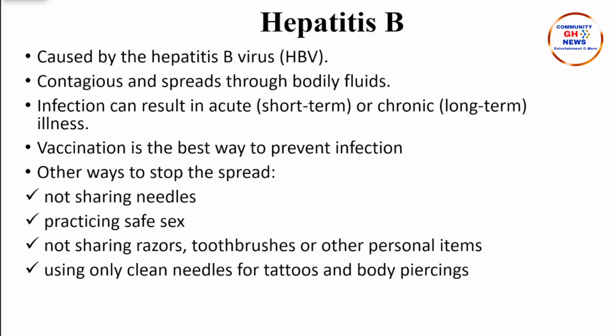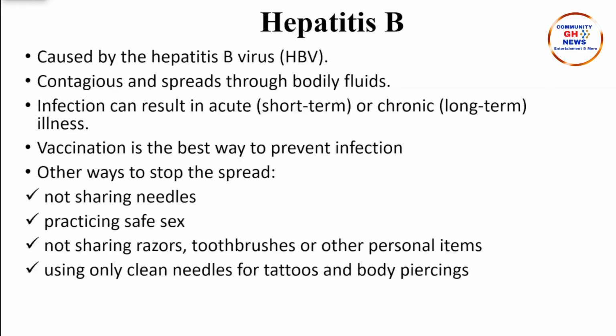So it might even end up that the child might not have hepatitis B, if the mother goes through antenatal care very well. The infection can be acute, that's short term, and it can also be chronic, which is long term. Acutely, most people have symptoms and it's very serious. But long term, it's more chronic.